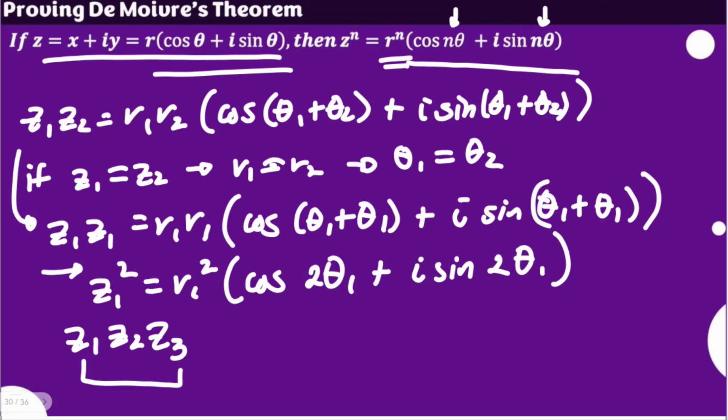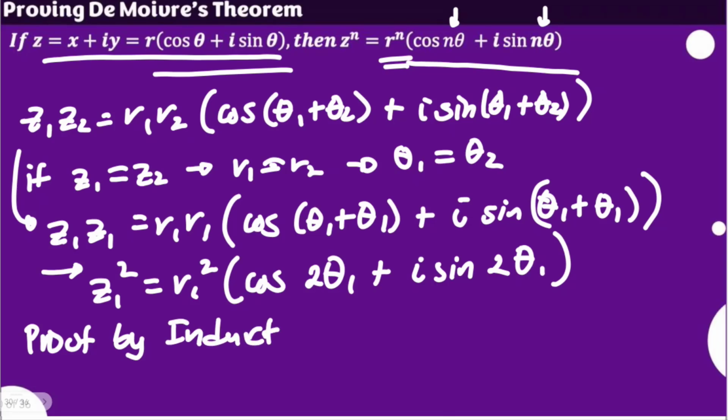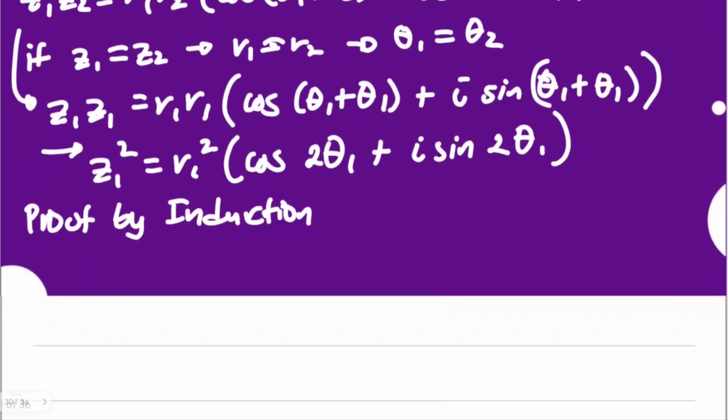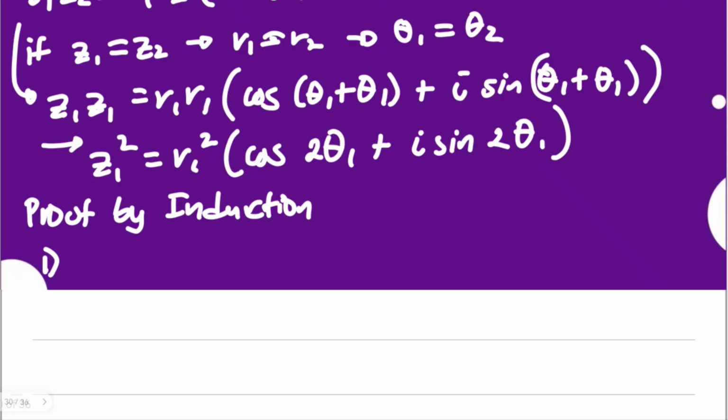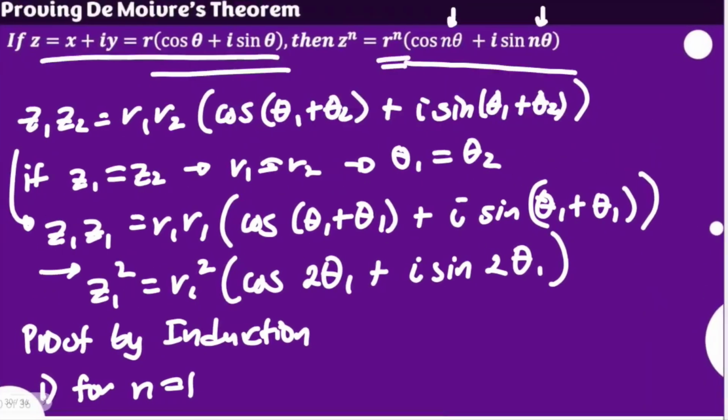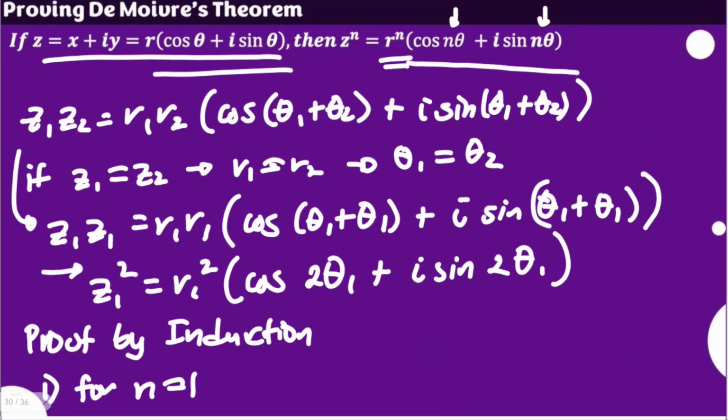Now, as mentioned, let me try to prove this using two methods. This video might be too long, but the point here is just to present you the proof for the De Moivre theorem in two different ways. The first one is the proof by induction, or mathematical induction. We know the PMI, or mathematical induction. So let's talk about proof number 1, for n is equal to 1. If n is equal to 1, we need to show that this side is equal to that side.